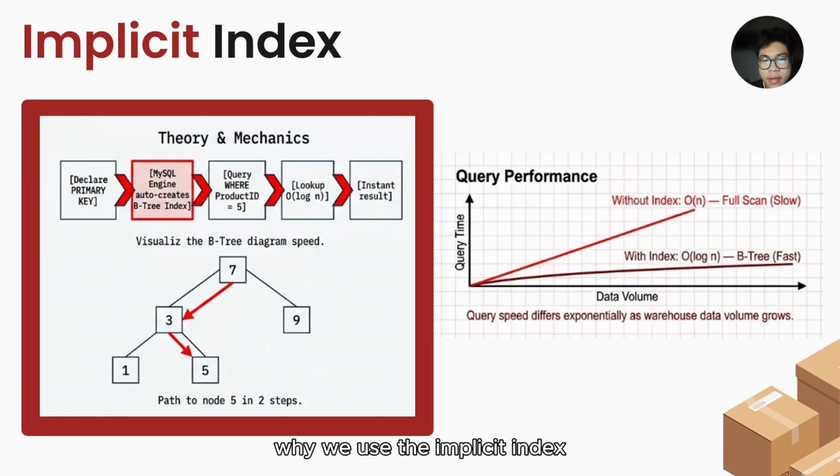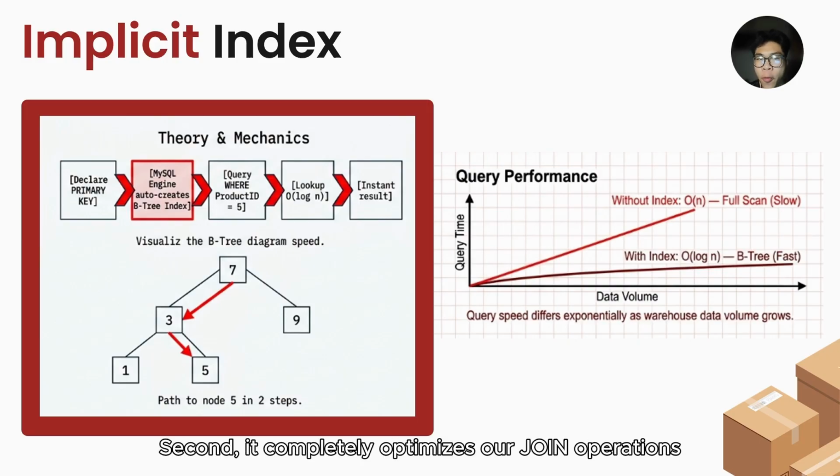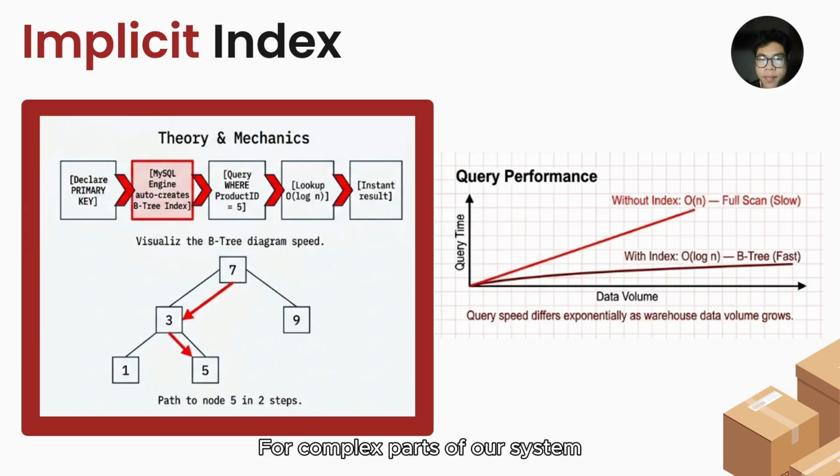Why do we use the implicit index? There are 2 reasons. First, it makes searching for data incredibly fast. It cuts down slow full table scans and changes them into fast lookups and searches. For example, when a user logs in, the system verifies their email almost instantly. Second, it completely optimizes our sort operations for complex parts of our system like logistics and analytics. The tables connect seamlessly because the keys are already indexed. But the core benefit here is that we get maximum database speed and strict data security with zero manual